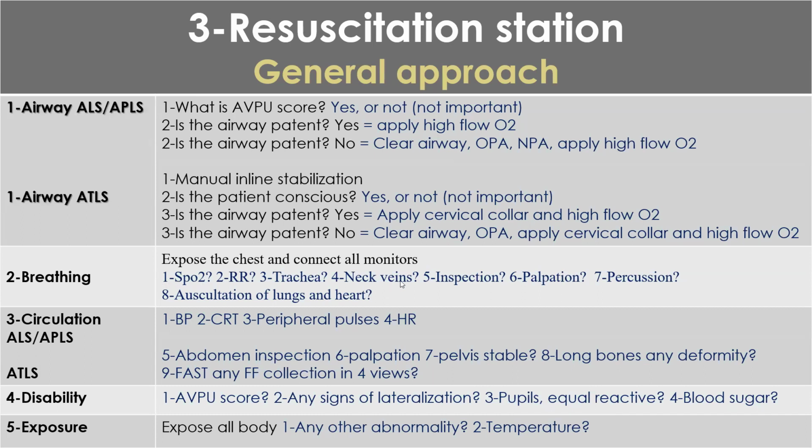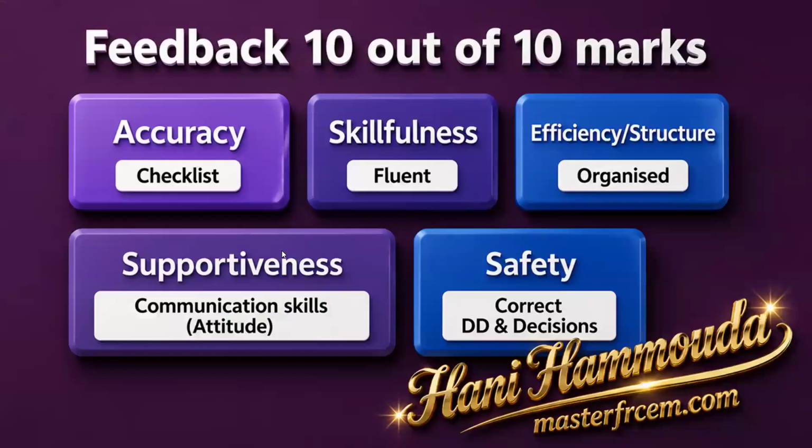Then you'll ask about 8 points in breathing, circulation 4 points, disability 4 points, and exposure 2 points. In breathing, you will catch the main problem, whether pneumothorax or congenital anomalies or hypovolemia or any problem. Okay? I will give you 8 out of 10. Thank you, sir. You have some mistakes. I give you the feedback. I wish you learn from these mistakes. Yes, sir. Okay. Thank you.